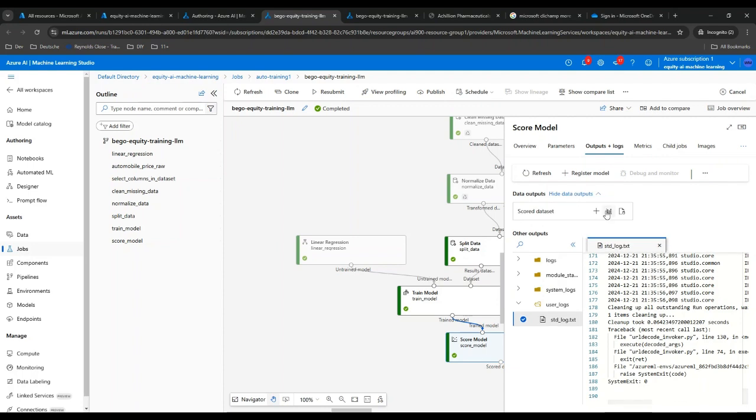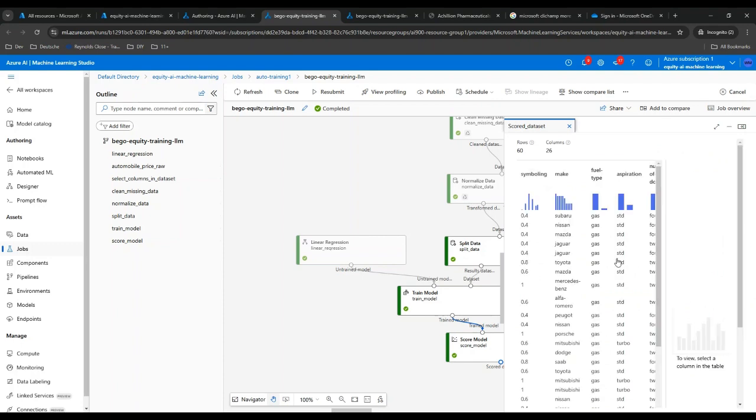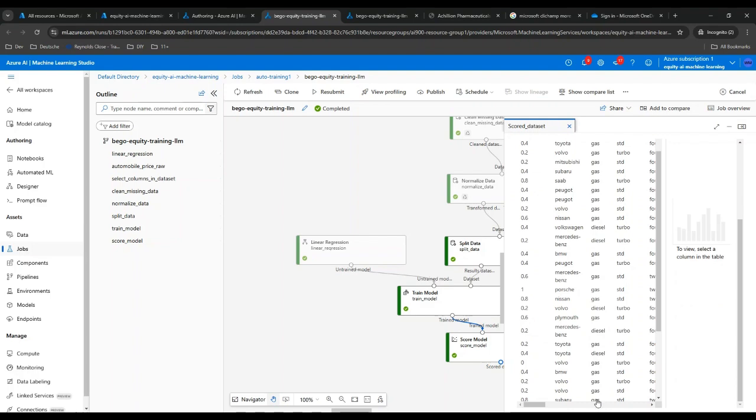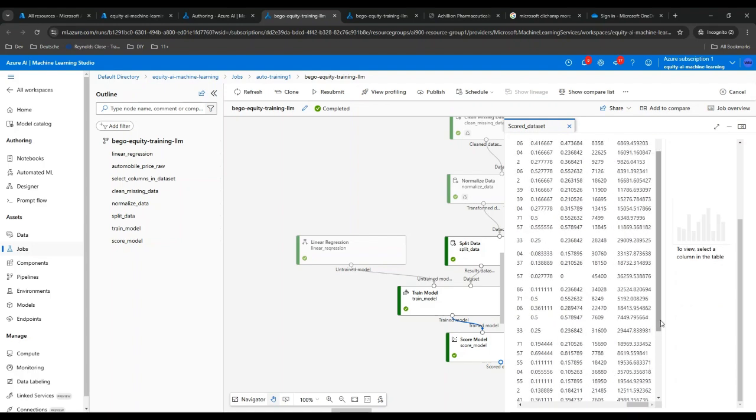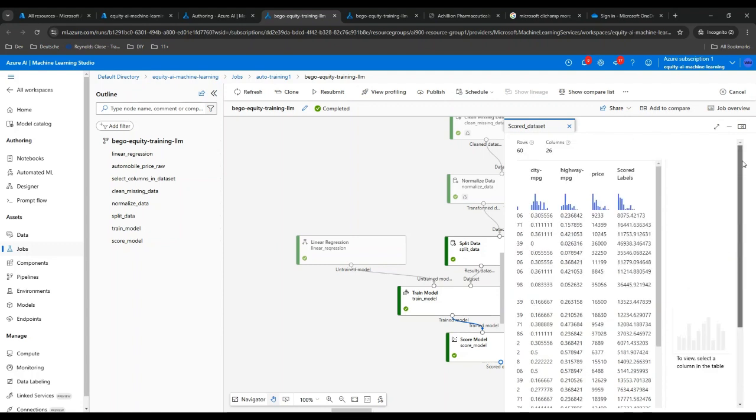So if you show the data, if you preview the data here, we can see that. Scroll it a little bit. Let's go again. So here you go, the price. So it shows you the price and the score of the validation data. Once that's done,